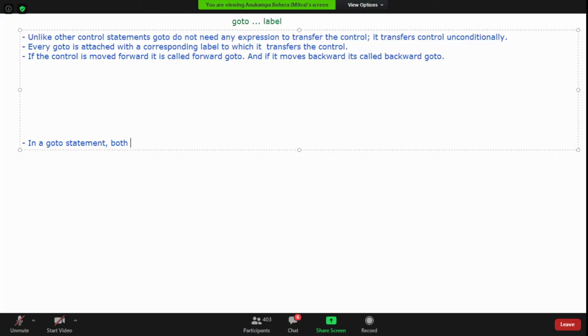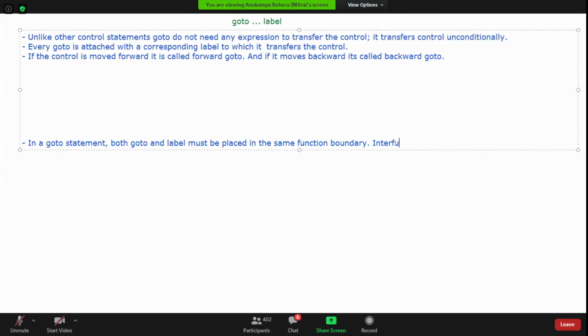There is a rule that in a goto statement, both goto and label must be placed in the same function boundary.